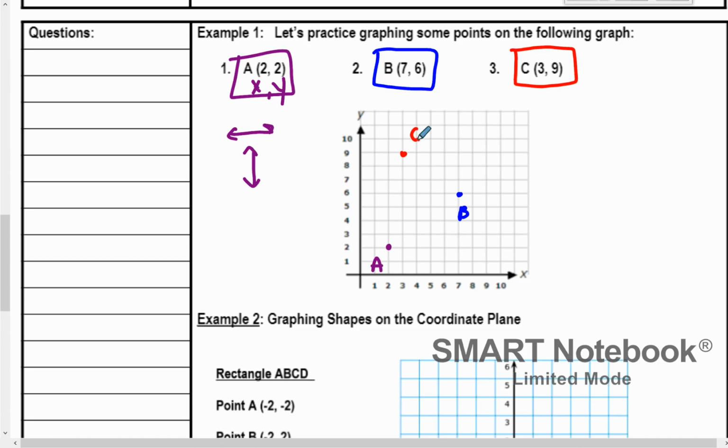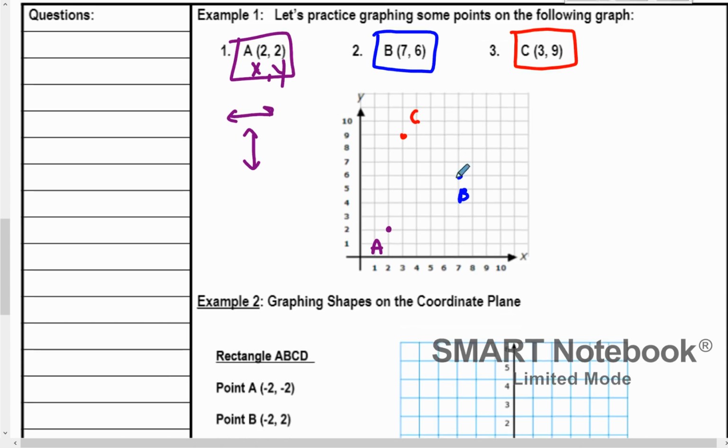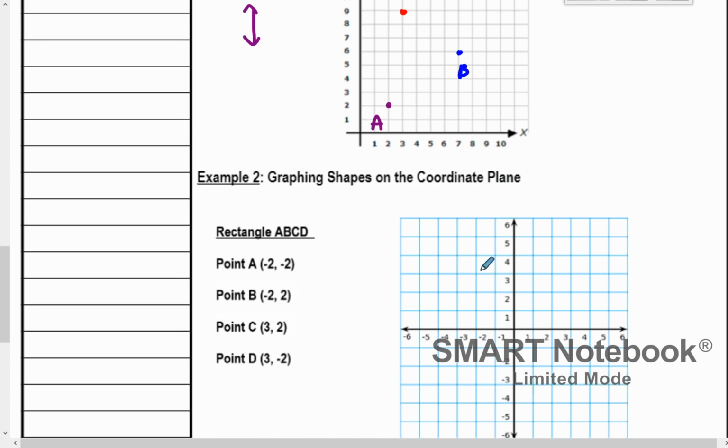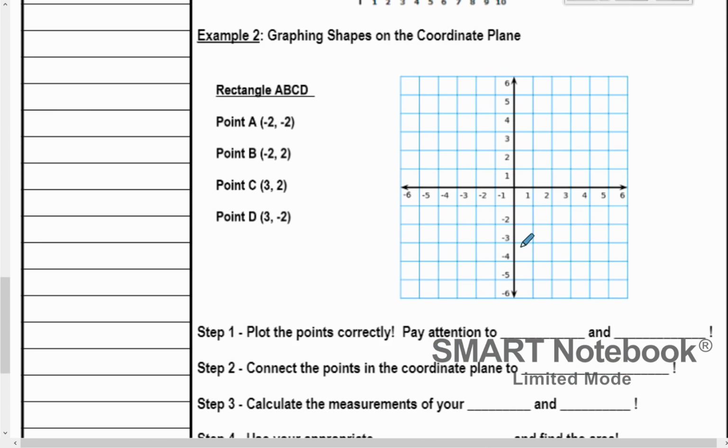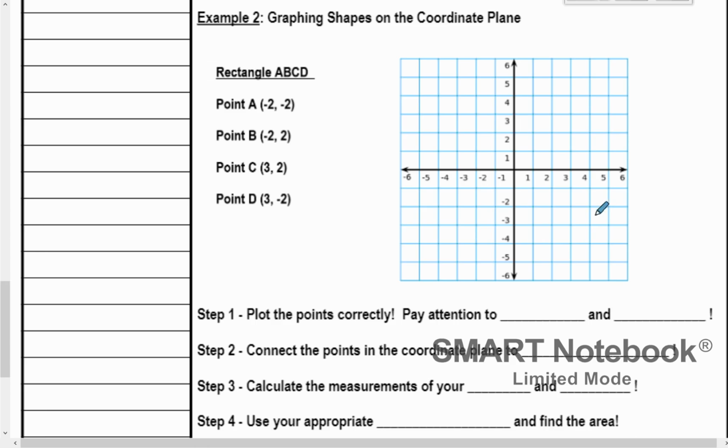All right, but how does this relate to what we're working on? We are going to be plotting a shape. We're going to be graphing a shape, and then we have to find the area of that shape. Now, we've done some practice with boxes, finding area of shapes on boxes, and other classes haven't. So this might seem very easy to you. That's good. I kind of was helping you out with that by giving you these tough problems right away